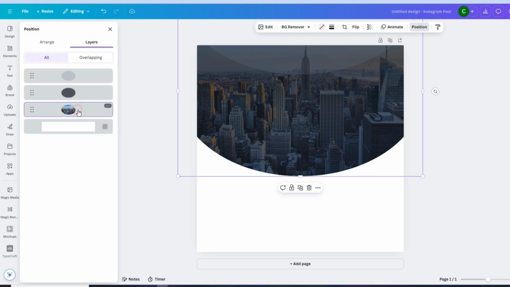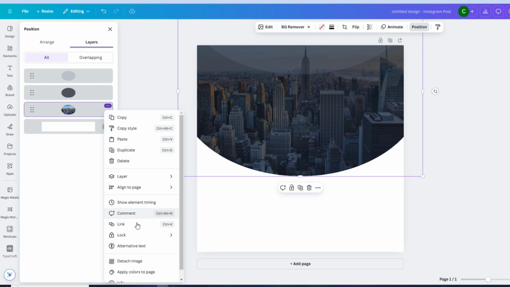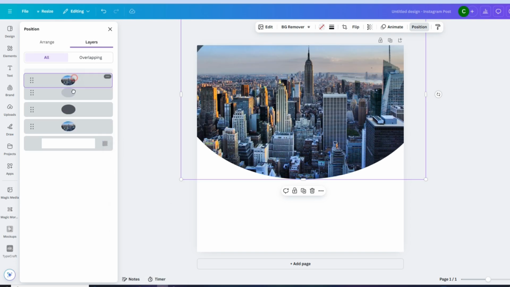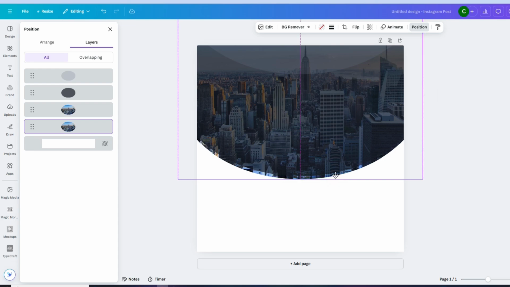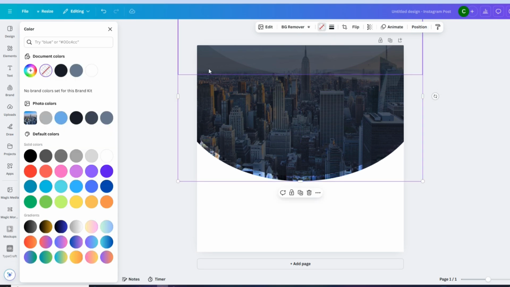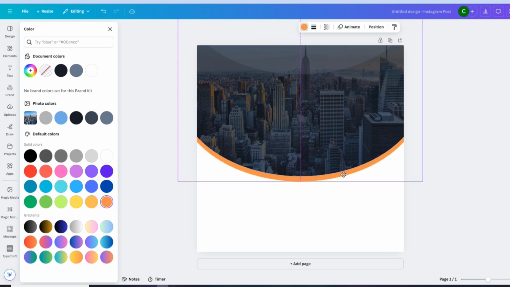I will go to the position layer here, and I will just duplicate this one here and position it in the back, and we change just the color. Like we make a stroke. Okay,